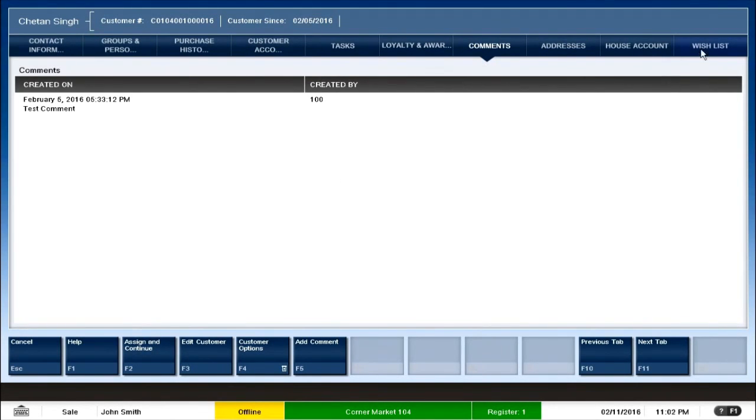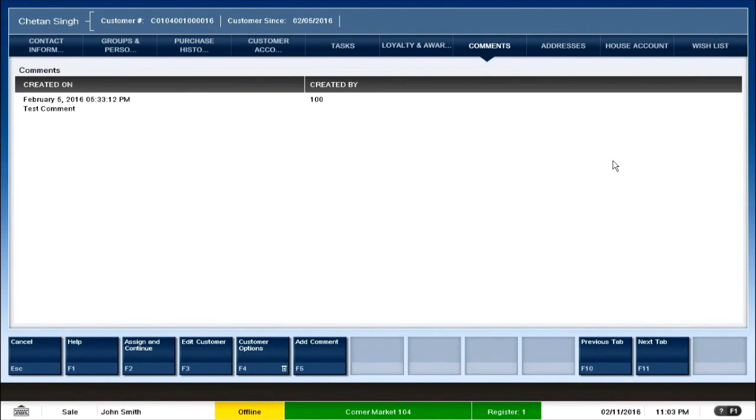And finally, we have a wish list, which can integrate with your e-commerce or a third-party system, where the customer has added something to his wish list, and when the customer is in the store, the cashier can use these details to assist the customer better. If you see, this screen gives a holistic view of what the customer is and what the customer expectations are and what we can do with the customer data.